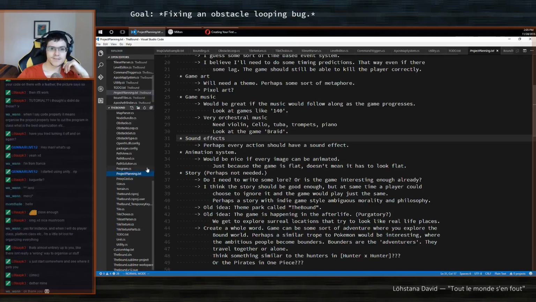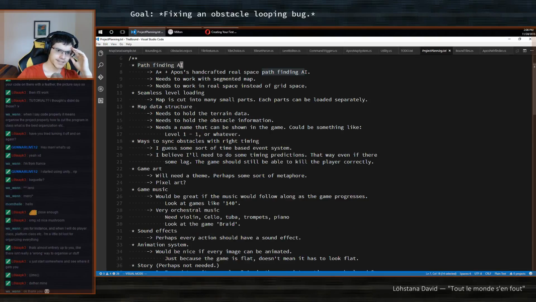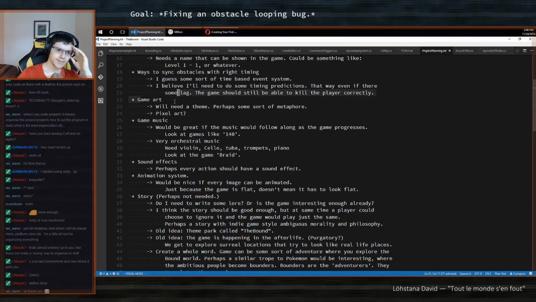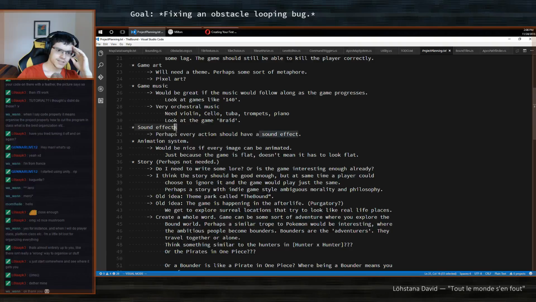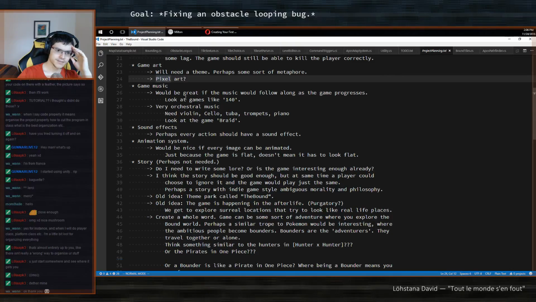Project planning. So in my project, when I started, I wrote this. Some stuff I knew I would need. I knew I needed pathfinding. I wanted something that loaded levels without any loading. Map structure, ways to sync obstacles with the right timing, game art, music, sound effects. So game art, I considered perhaps pixel art. I don't think that's what's gonna happen, because I think it's too limited.